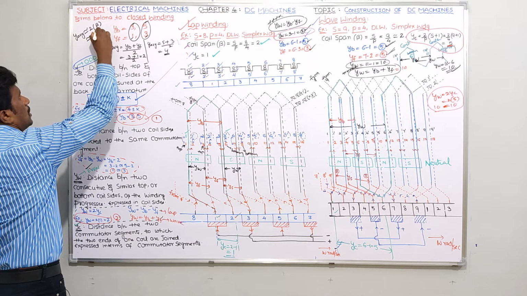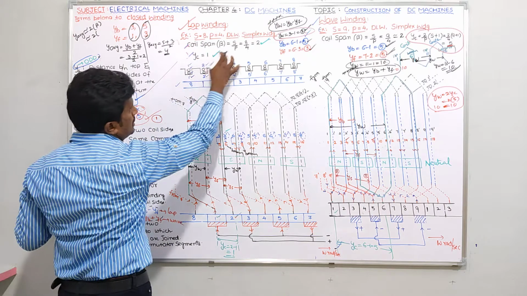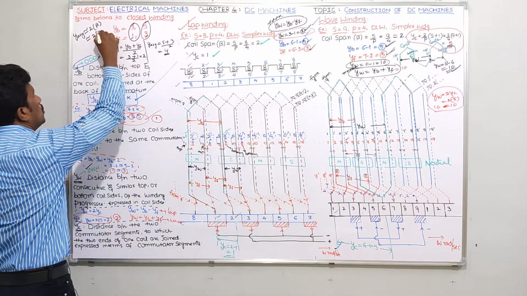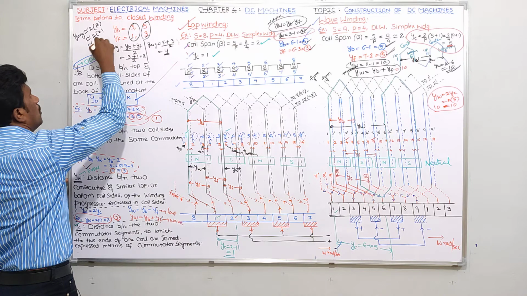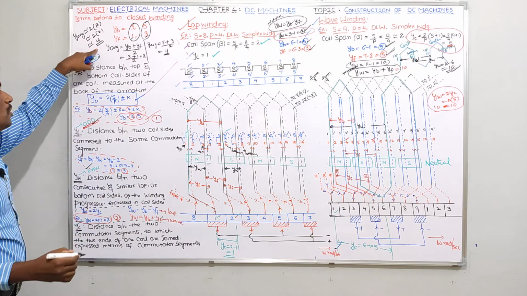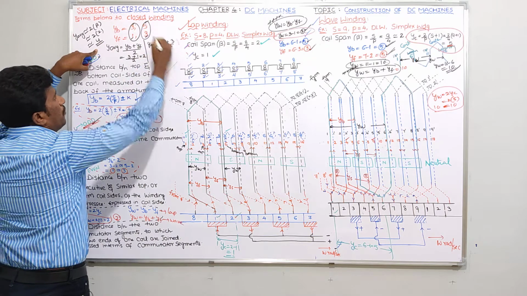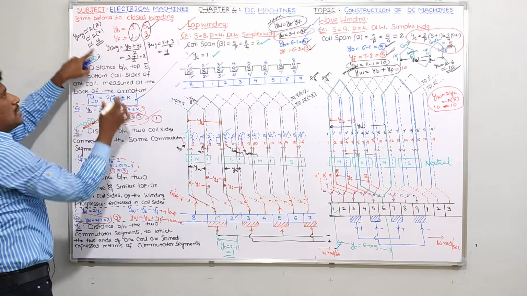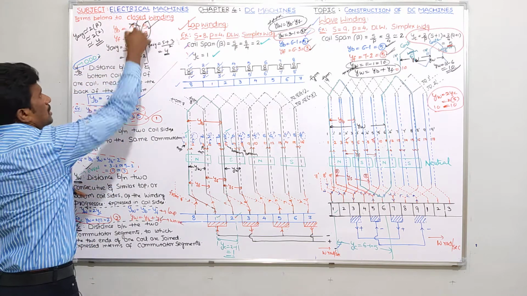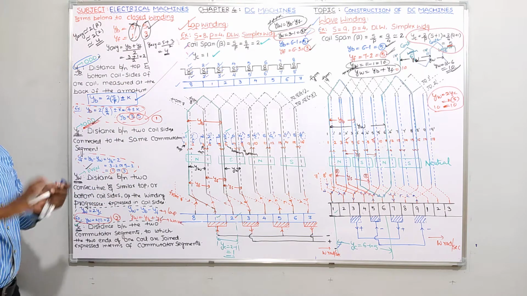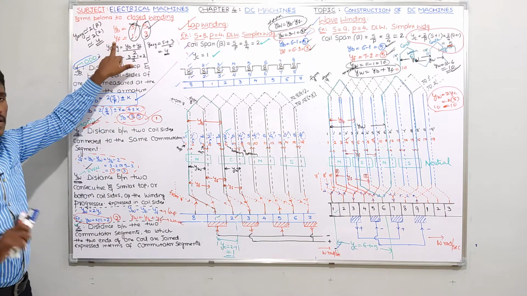Tell me, what will the coil span be in this lap winding? 2, no? 2 into 2. So it will be approximately how much here? 4. So that Y average value of 4, where are you getting it, in the first case or the second case? For 5, 3 you are getting 4, whereas for 3, 1 you are getting only 2, no? That is not correct. So like that you have to decide YB, YF values.